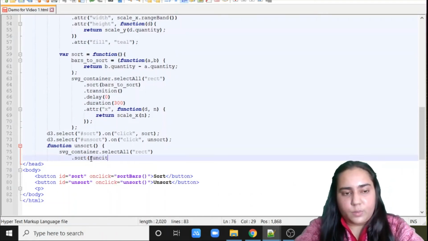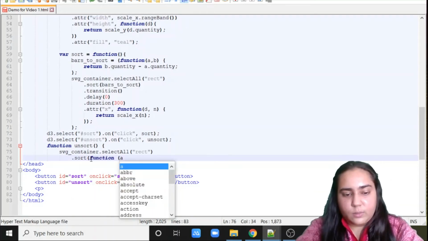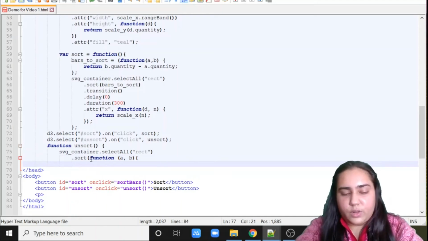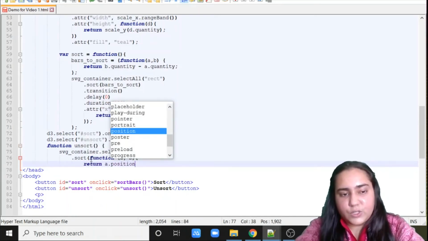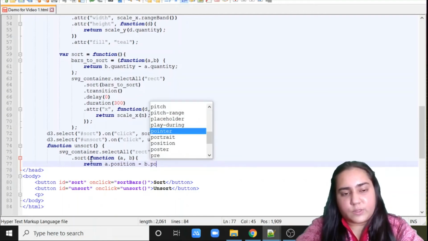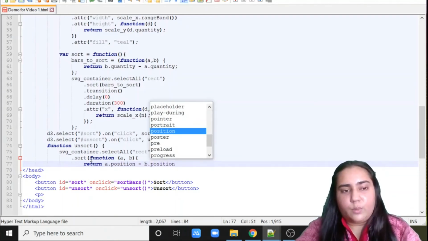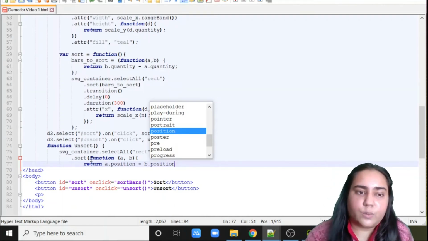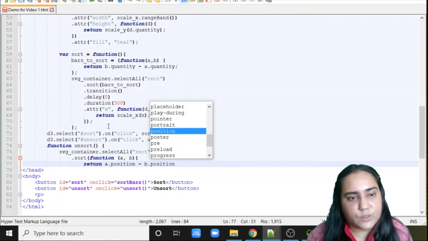We want unsorted, so we are just going to first write dot sort, pass A and B values. What are we going to do with that? We are just going to do A dot position minus B dot position. So in order to do unsort, we are trying to sort it based on position because